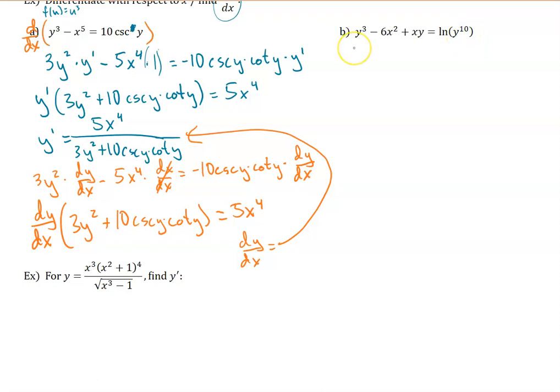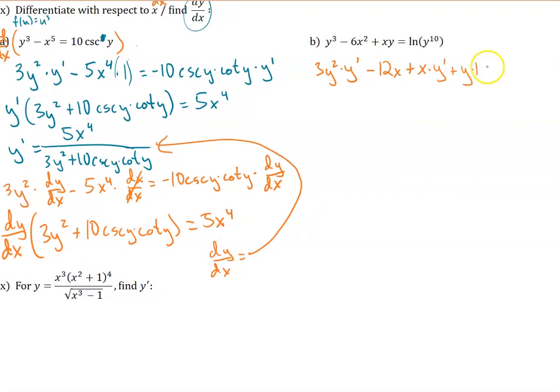Okay, so the derivative of y cubed is 3y squared times y prime, minus the derivative of 6x squared, which is 12x. I do not need to write times x prime. If I did, it would just be 1 in the next step anyway, okay? Plus, now for x times y, those are both variables, so I need to use the product rule. It's going to be x times the derivative of y, which is 1 y prime, plus y times the derivative of x, which is just 1, or again, you could write x prime